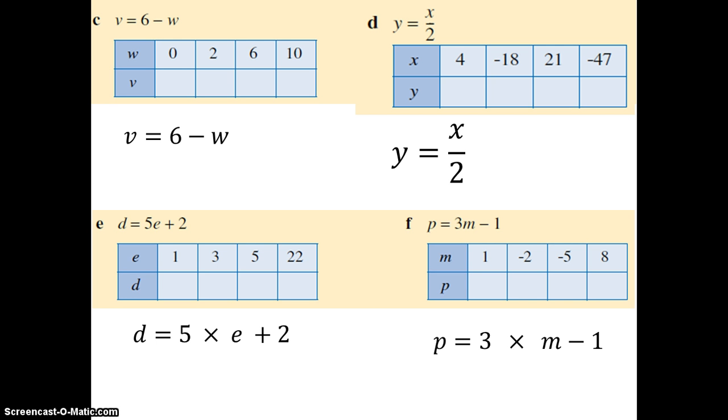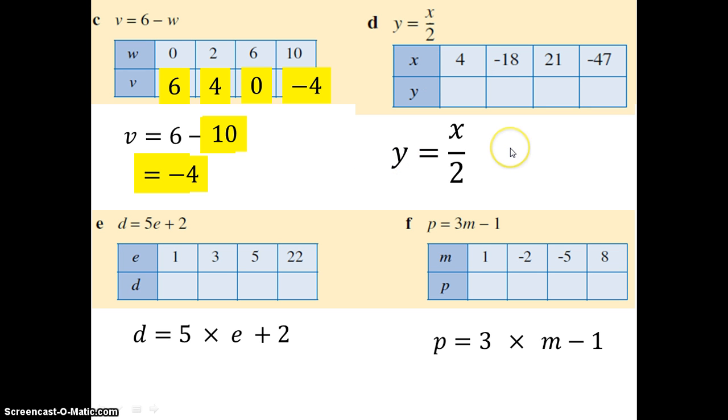So part C, each of these values here, when we substitute in, we're looking at the first one. So v would equal 6 minus 0, which is 6, minus 2 is 4, minus 6 is 0, and minus 10 is minus 4. So you should be filling this in on your worksheet that goes with this. So part D,